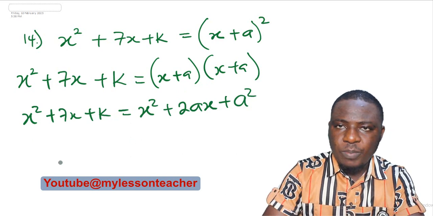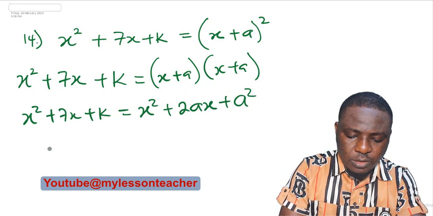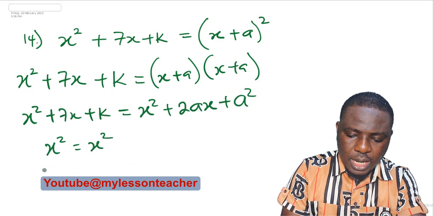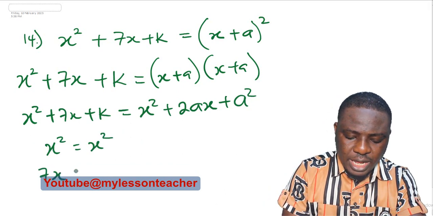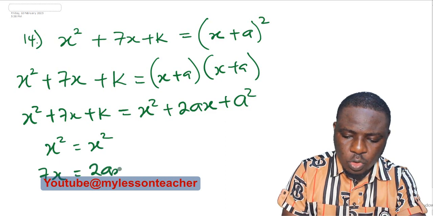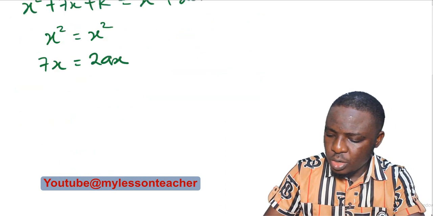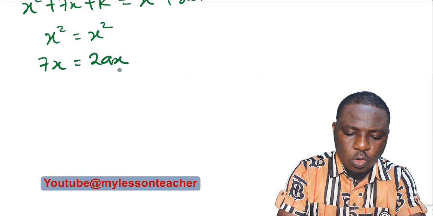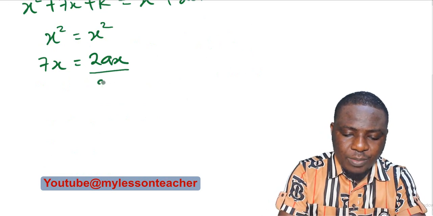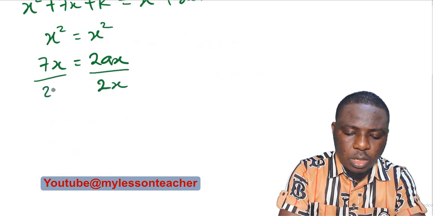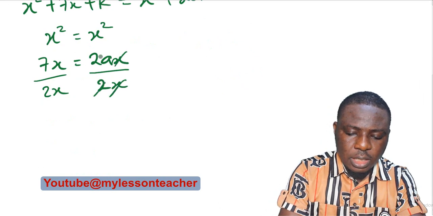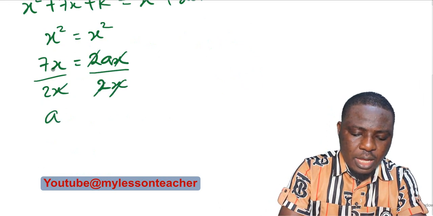And by comparing the coefficients, the first term x squared, we said, is equal to x squared, and we have 7x being equal to 2ax, which when you solve for a by dividing both sides of the equation by 2x, you will have a to be equal to